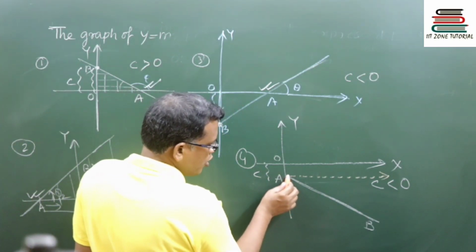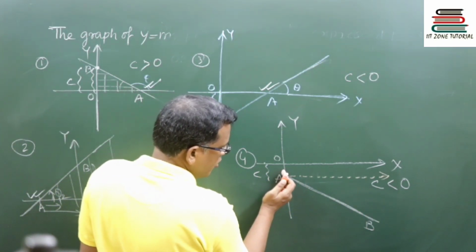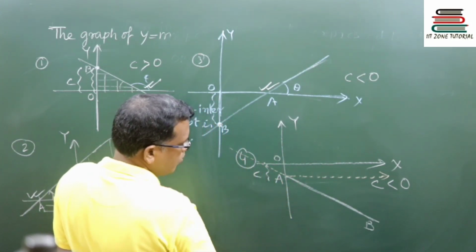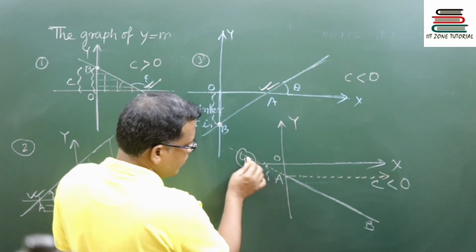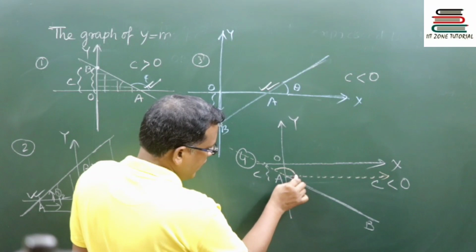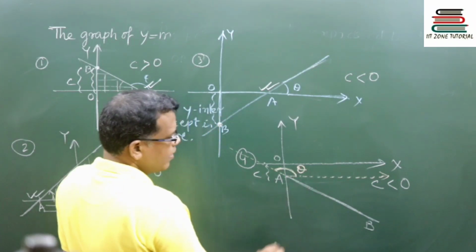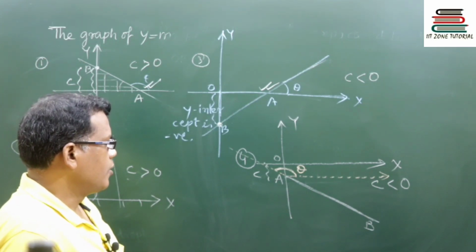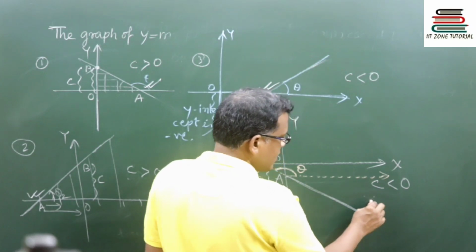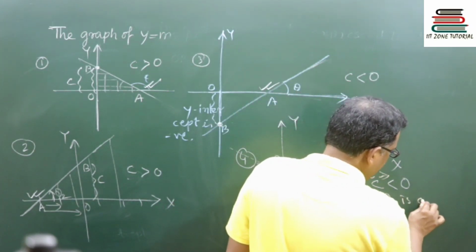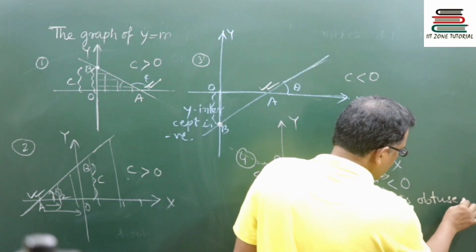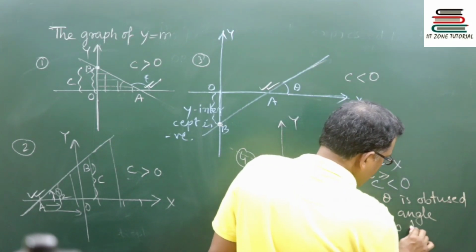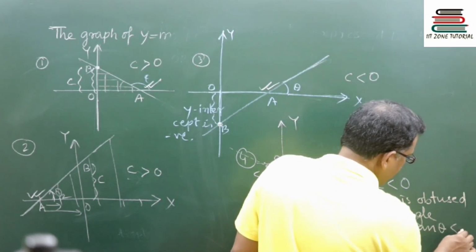Now, though the portion of the line is actually appearing to the right side of the y-axis, if I assume it to be drawn backward, can I see the angle the line is making with the positive direction of the x-axis, yes or no? Yes. So this time, since theta is an obtuse angle, tan theta is definitely negative,